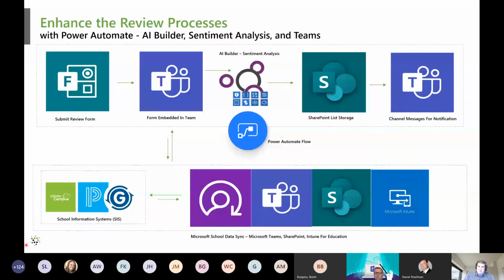So in the first example, we can enhance the review process. And I say review process pretty agnostic because, like I mentioned, there's a lot of different review processes that exist in education. For example, in higher education, a lot of universities manage professor evaluations, reviewing professors. We also have the ability within higher or lower education, if you're working on group projects or different pieces of the puzzle there, peer reviews.